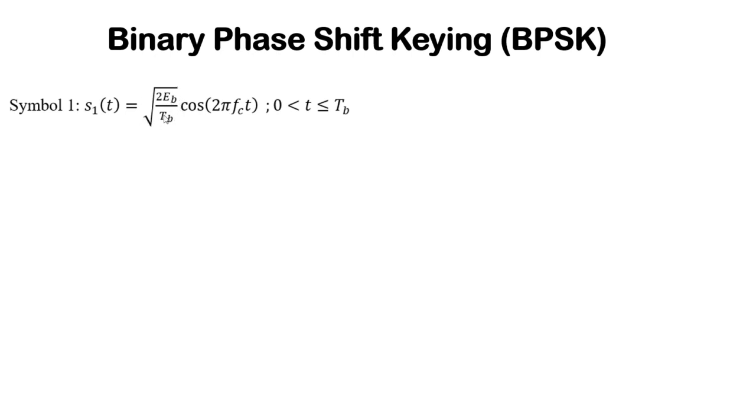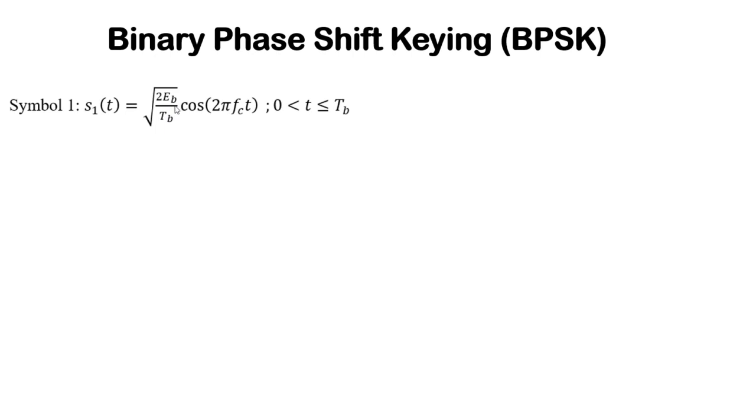This EB by TB depends on the symbol. In this equation there is a single bit symbol, which is symbol 1. It is a single bit, so we have written EB, the transmitted bit energy, and TB, the bit duration. If it is more than one bit, it will be just E, the transmitted symbol energy, and similarly the time duration will be only T, not TB. EB is for bit energy, so we wrote E with suffix B.